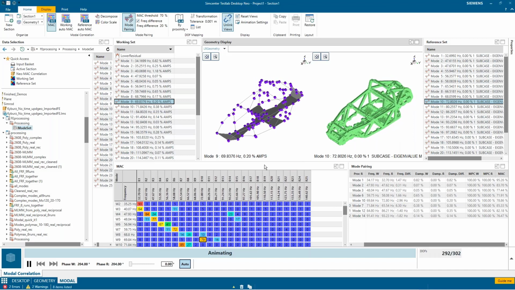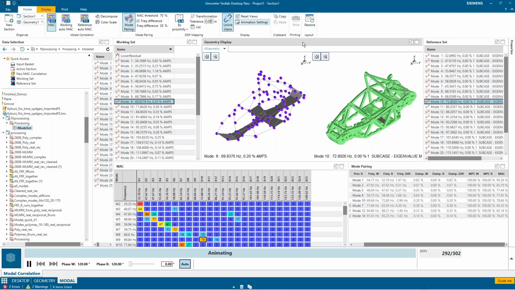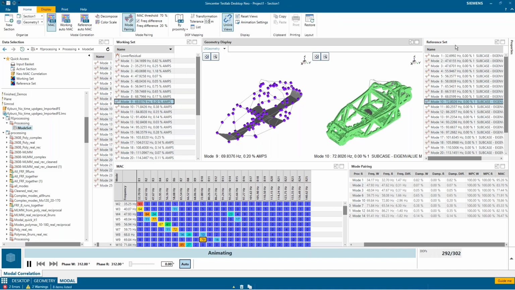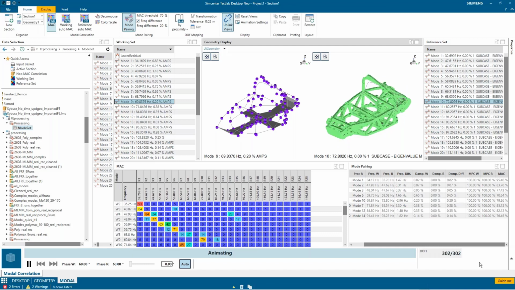There was one question, Kevin. It says, are there 10 nodes not mapped in the table? Yes. And you'd have to look at both the CAE and the test to see if there's points off in space that don't correspond. Or you could try to decrease this tolerance. So I think it was 296 if I had 10. So what if I go to 20 millimeter, for example? And that kind of waits, and you're going to see this DOF gets updated, and then it'll update the MAC and the mode pair table. So there, okay? So if I choose a tolerance of 20 millimeters, then you'd have to look at these MAC values to see if that helps you or hurts you.